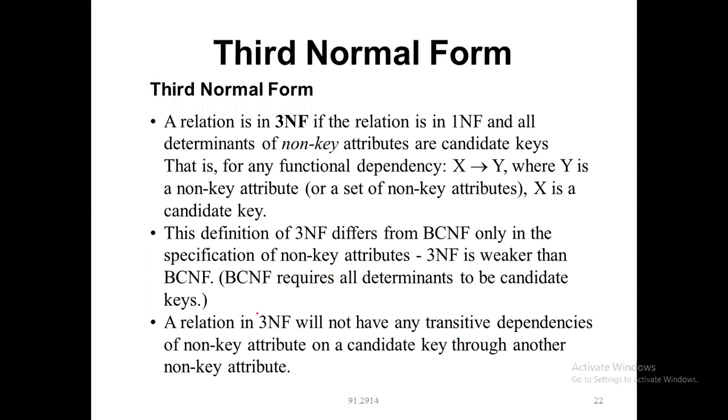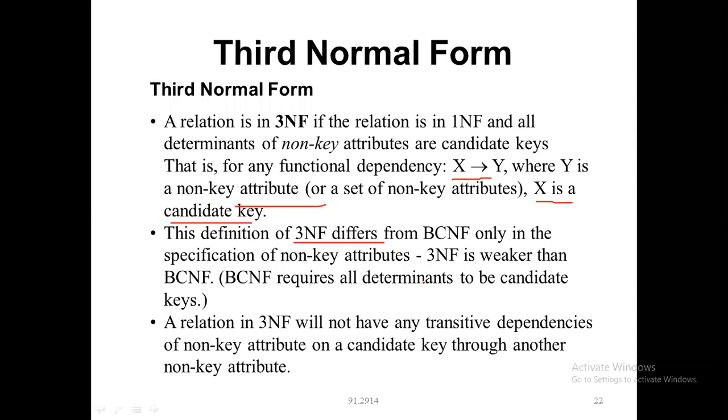So functional dependency is what, as I told you, that X is dependent on Y and Y is non-key attribute. Then X is called as a candidate key. Now in the third normal form, how I'll be going to do this? As I given the example, transitive dependency. So A is a friend of B and B is a friend of C. Then automatically A belongs to the C. So this is how you have to see that.